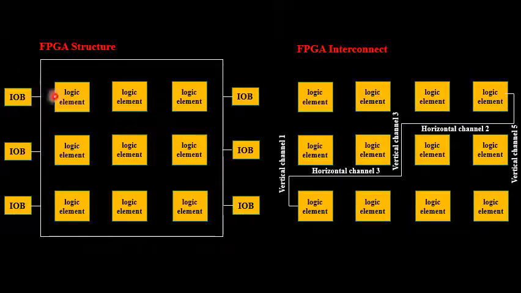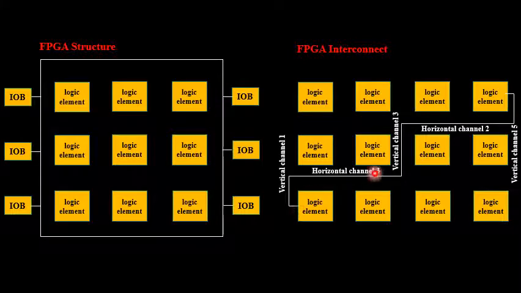Then what about the interconnects? Interconnects are nothing but the connections in between the logic elements, or in between the combinational logic as well as the IO blocks. In general, interconnect is nothing but the wiring connection that you provide for making a connection from one logic element to another logic element. These interconnects are called programmable interconnects, and they are organized logically into channels. So this is the general diagram for FPGA interconnects.